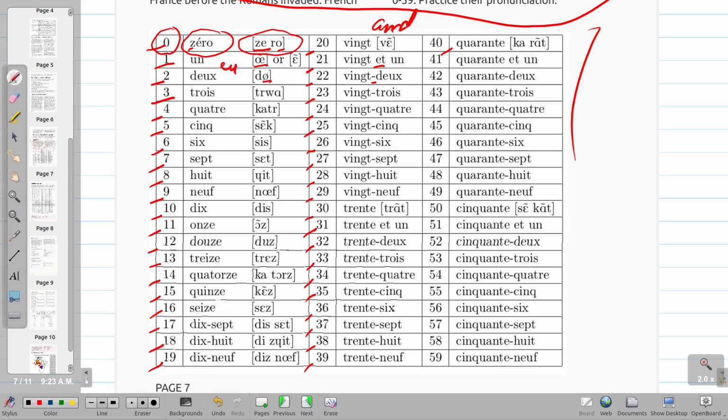40. You transition again, 40 and 1. 41, 42, 43, 44, 45, 46, 47, 48, 49,